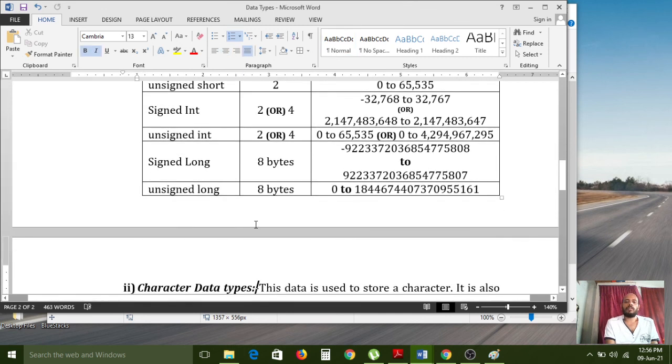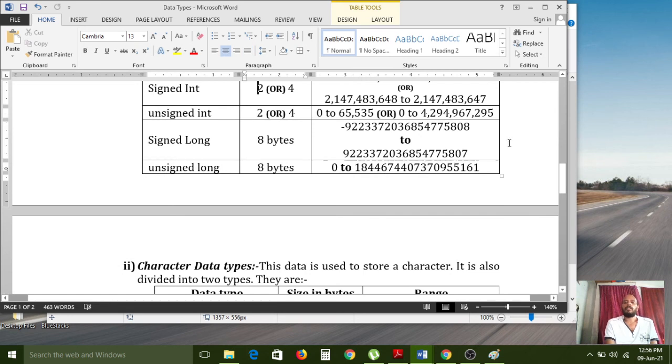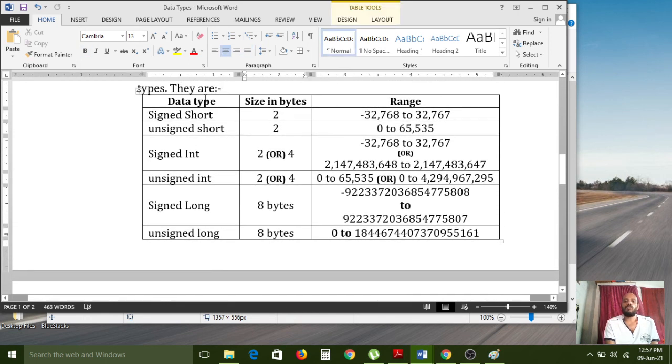So unsigned and long like this. Long integer also supports these many values. Signed int, unsigned int, signed long, unsigned long. The long data type occupies 8 bytes of memory. Only the int data type depends on the operating system; all remaining data types have their own fixed size.